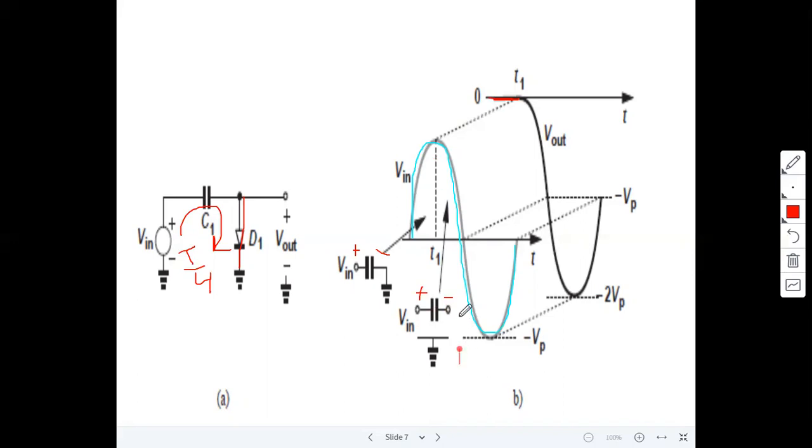Directly, whenever a capacitor is in this fashion, whatever the change in the input, the same change appears at the output, right? Okay, same change. Whatever this change is here, the same change appears at the output. But the output level was previously shifted to 0. So from now onwards, whatever the input does, the output follows with the same change, right?